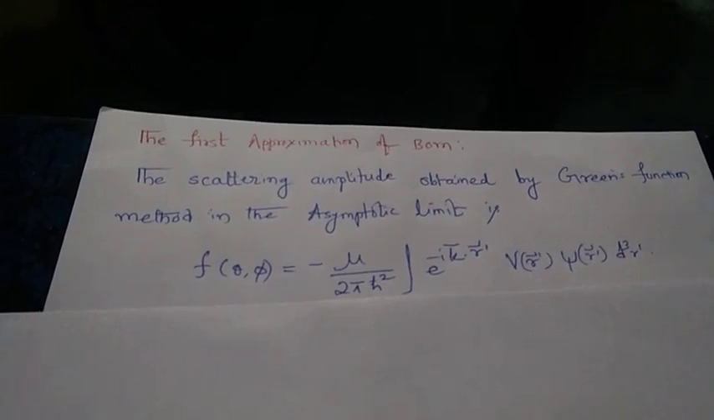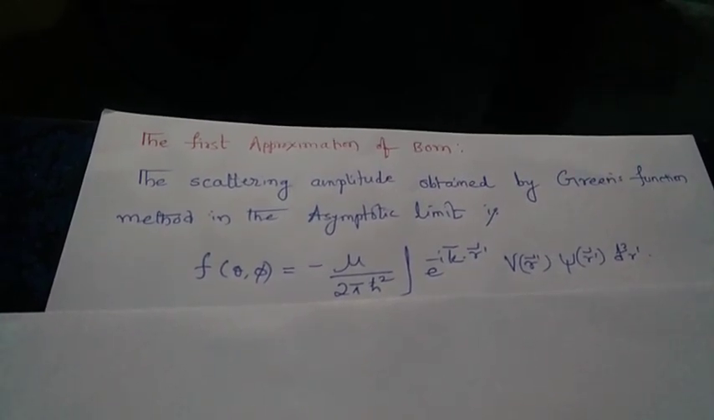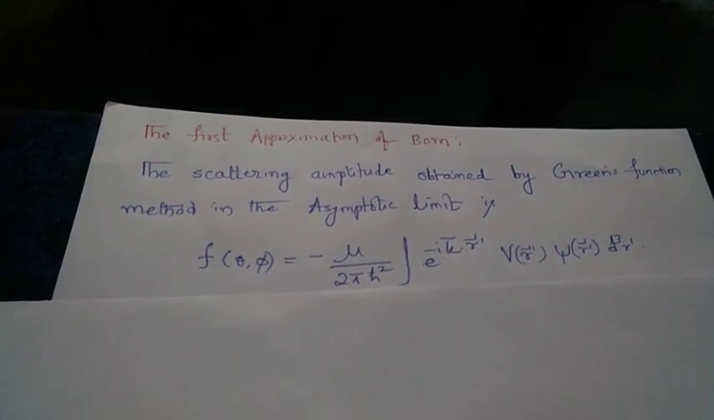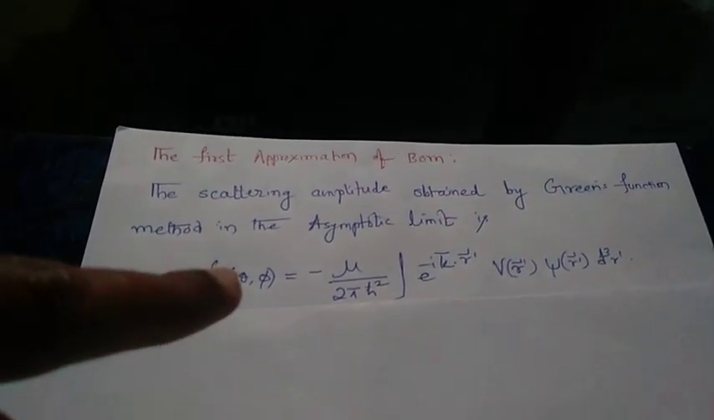The topic of the video is the Born approximation in scattering theory of quantum mechanics. The scattering amplitude obtained by the Green's function method for the asymptotic limit is given by f(θ, φ) equal to